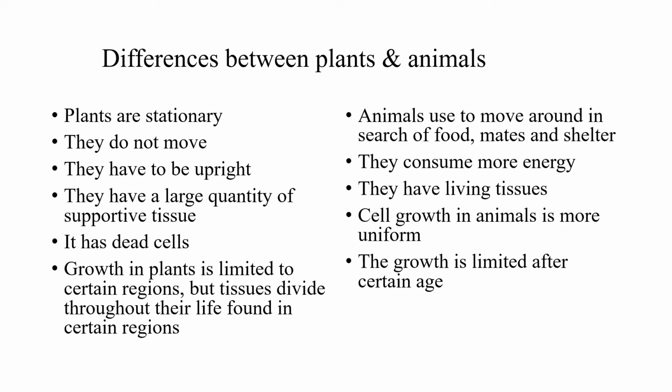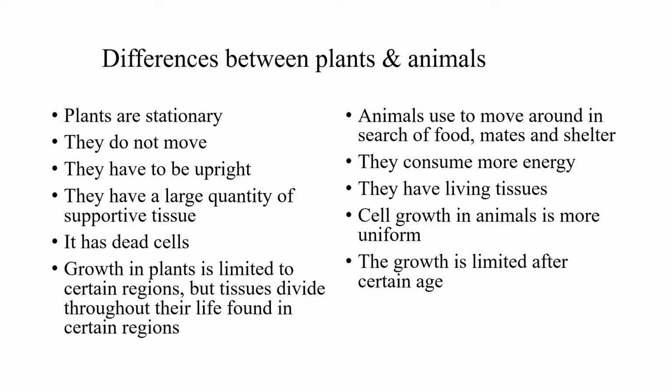Usually the plants grow up, that is they have to be upright. Then they have a large quantity of supportive tissue. Mostly it has dead cells. Growth in plants is limited to certain regions, but tissues divide throughout their life, found in certain regions where they are dividing. See, for example, the tip of the stem, the tip of the root, the cells are actively dividing. So those regions, the cells